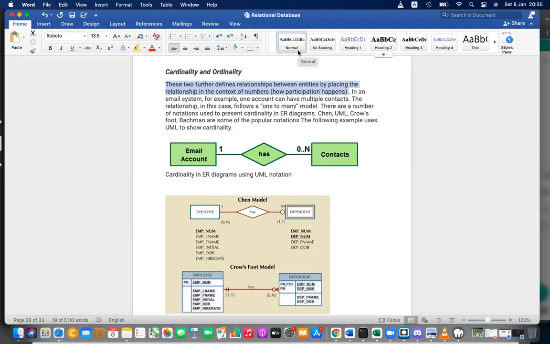We discussed keys, then ER diagram components, the ER diagram model. In your syllabus there are extended ER diagrams, but the only thing you have to write is the difference between ER and EER, extended ER. You don't have to draw EER diagrams in the examination.